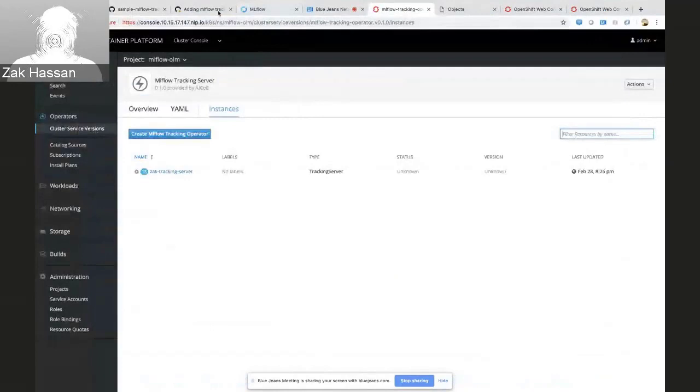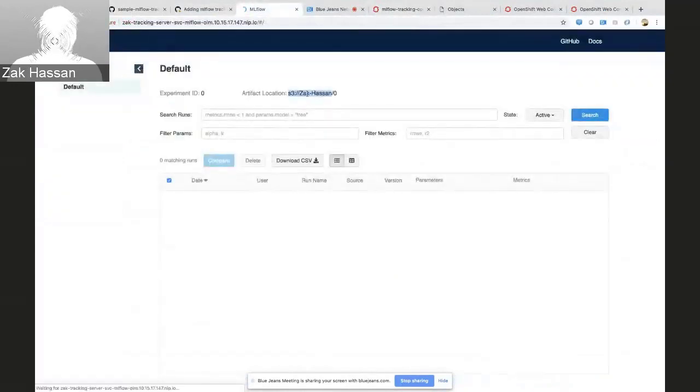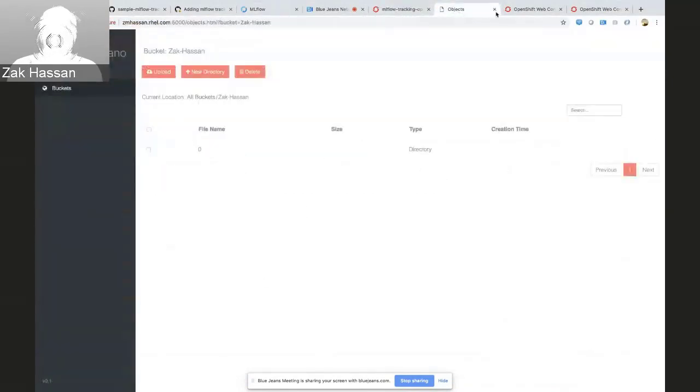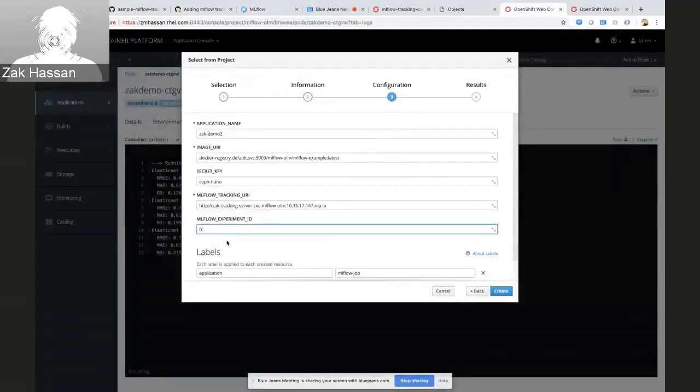So, without further ado, this is our UI. We're gonna refresh just so there's no smoke and mirrors. We can see there's no runs in there right now. So if I go ahead and do a run, we already did a build of that Git repo. We built that already. It's already here.